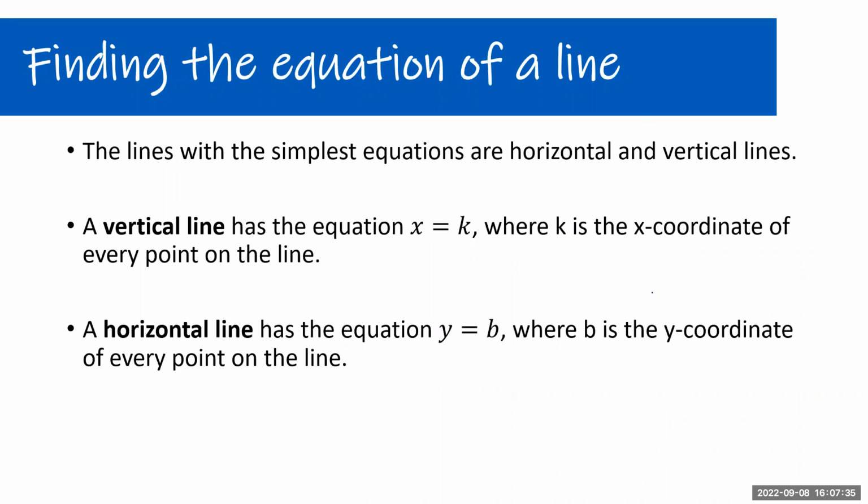Now, I alluded to it earlier that you can find the equation of a line pretty easily if you're given it. You just need to find the slope and you need to find the intercept, okay? But the simplest equations are going to be those horizontal and vertical lines. And we discussed this in a previous lesson too. Remember that a vertical line has the equation x equals k, where k is just some number, and it's the x coordinate of every point on that line, because that vertical line is always at the same